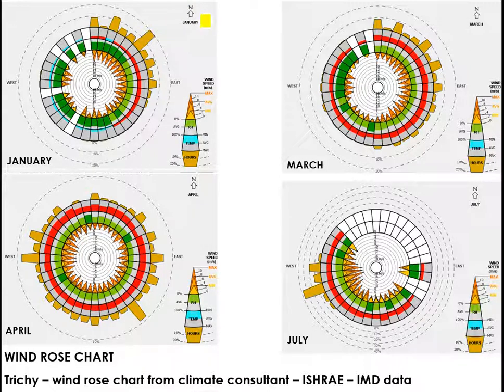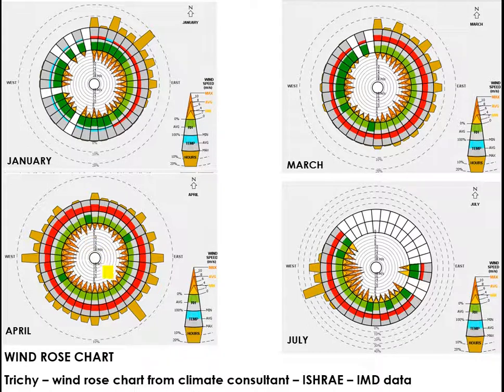During January, we know it's the summer season, and slowly the summer is going to start from March. The wind is moving from the northeast portion to the eastern portion. The temperature has already increased very highly and the humidity is decreasing, and the wind speed is also okay, not very high. It's medium during March. In April, if you see, the wind velocity is a little lesser, and the direction of the wind is also changing towards the western side, the south and western side. So it's almost everywhere during April.